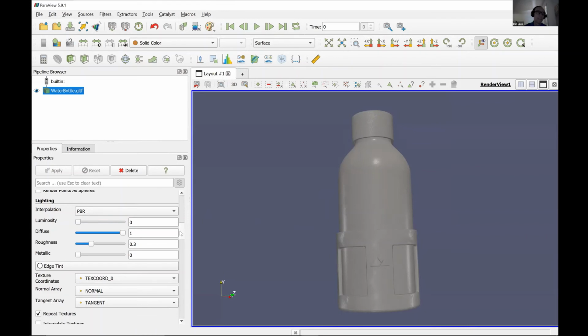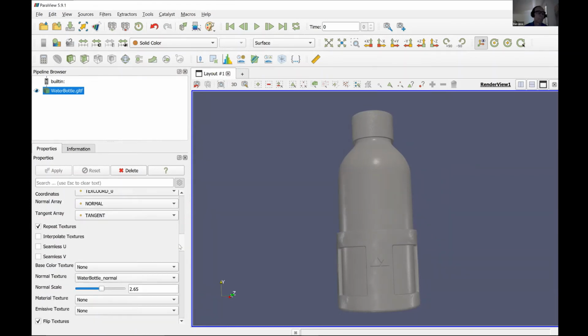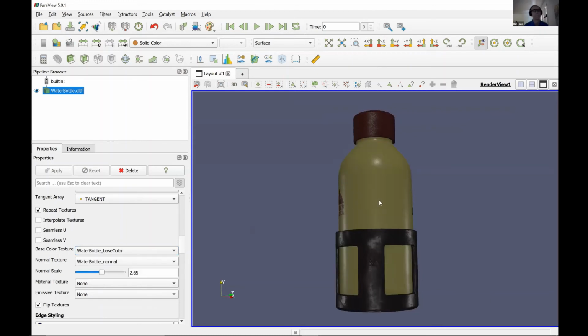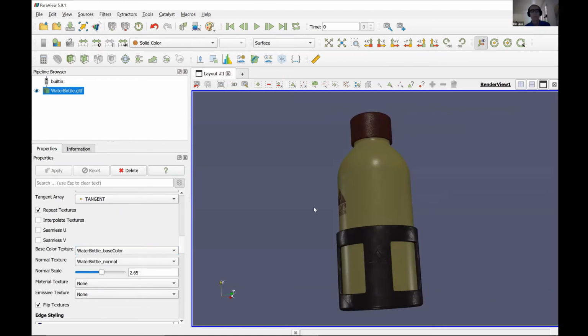The reason is that the color is called differently in PBR than it is in the Gouraud shading. So the Gouraud shading is called texture. Here it's called base color texture. So you have to set that again. Okay. And then you can set